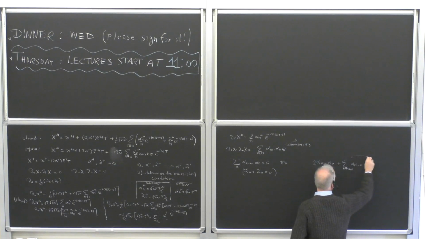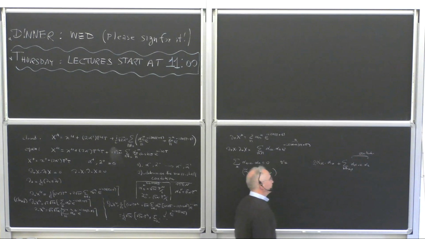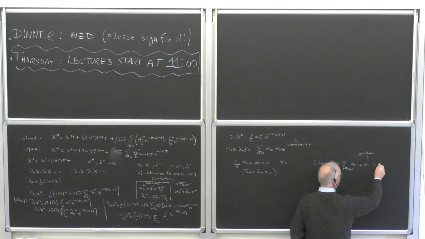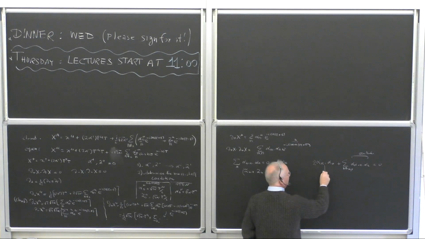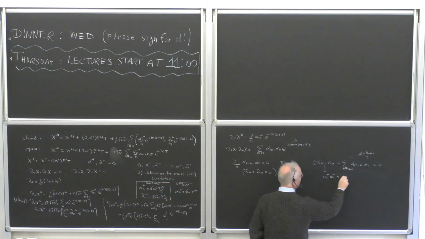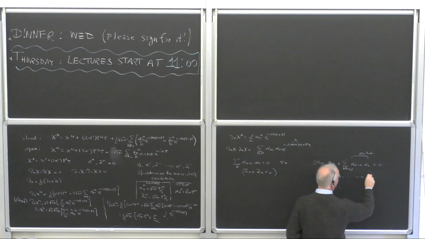So in other words, this thing is only oscillators. Now, since alpha 0 has only the plus component, this term reduces to alpha 0 plus alpha k minus plus this sum. So this gives you a linear equation